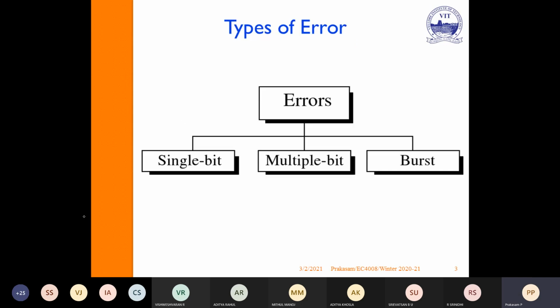The types of error: an error may be a single bit error, multiple bit errors, or burst errors. Single bit error means only one bit error will occur. Multiple bit error means more than one. Burst error means it is a continuous error.